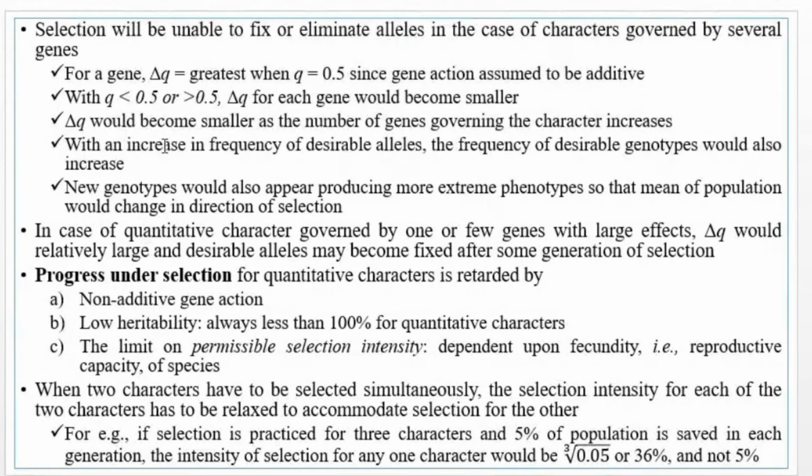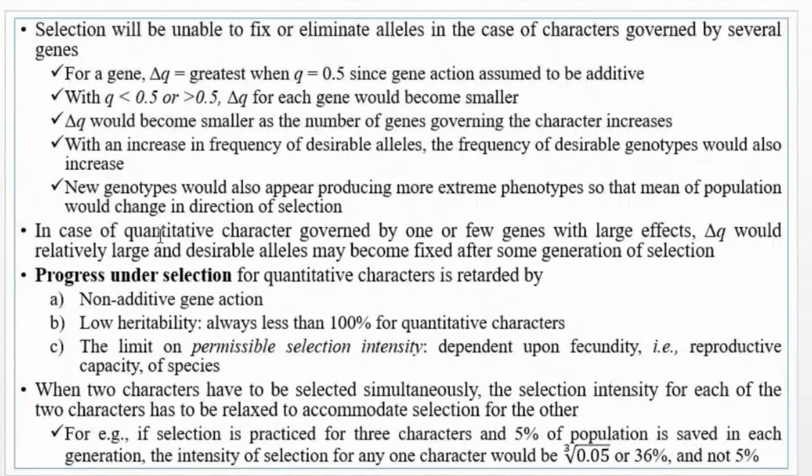With the increase in frequency of desirable allele, the frequency of desirable genotype will also increase automatically. New genotypes will also appear producing more extreme phenotypes, so that the mean of the population will change in the direction of the selection. Polygenic character हामी selection गर्यौं भने mean कतातिर move गर्छ भन्दा, population को mean र selected population को mean change आउँछ, so that the movement of the mean value for the phenotype for that particular trait will be toward the direction of selection. जुन direction मा selection गरिन्छ त्यो direction मा mean value move हुन्छ।